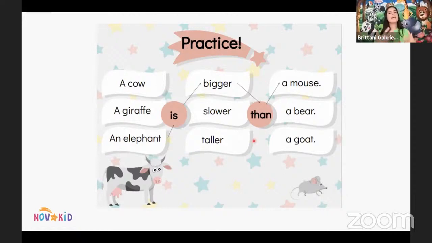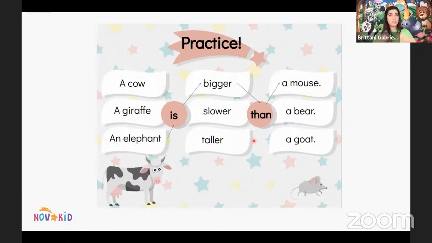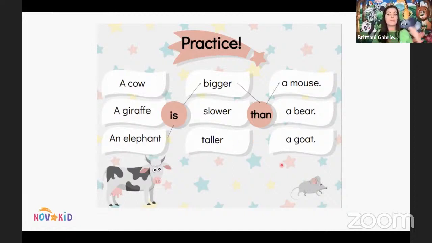Excellent work. Now, if I see my student is able to expand on the topic, maybe I'll ask additional questions. What color is Hulk? Hulk is green. Oh, fantastic. Is Hulk big or small? He is very big. Great job. Is Hulk good or bad? He is great. Oh, fantastic. Again, make sure you motivate your student by rewarding them for speaking in full sentences along with using the target grammar.